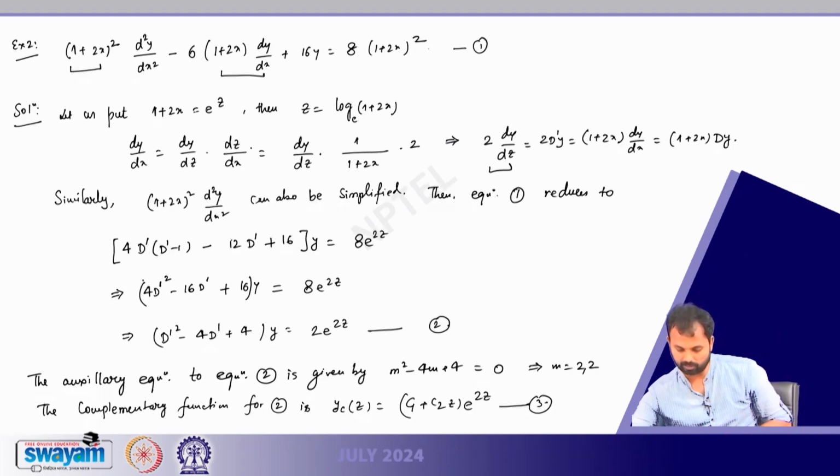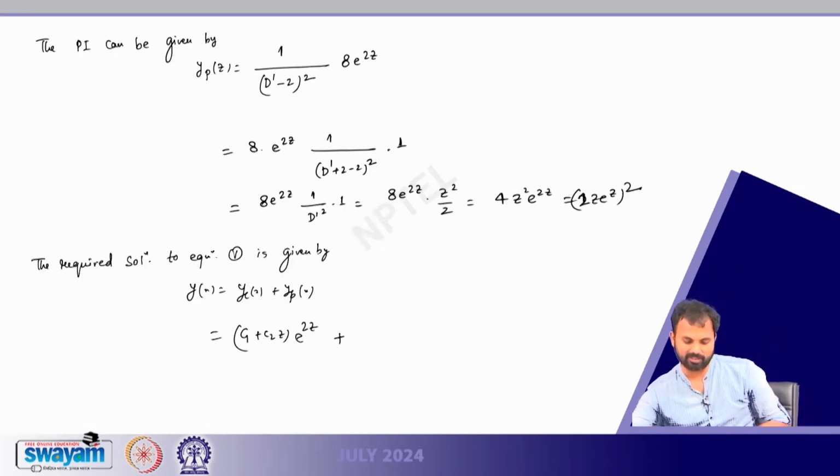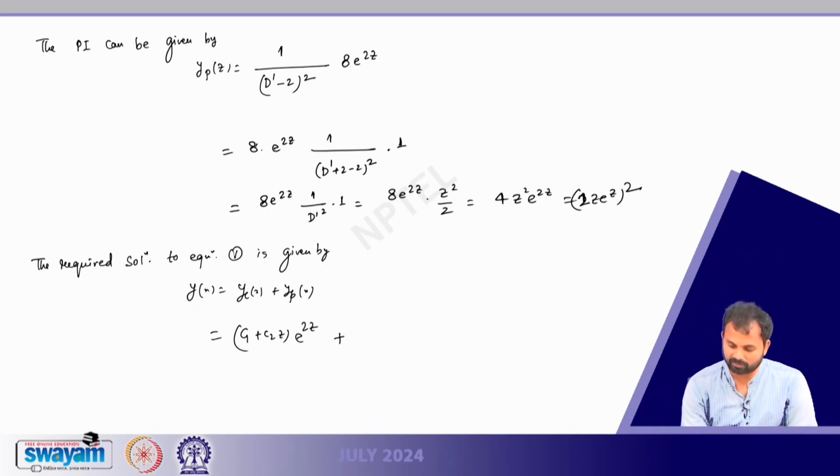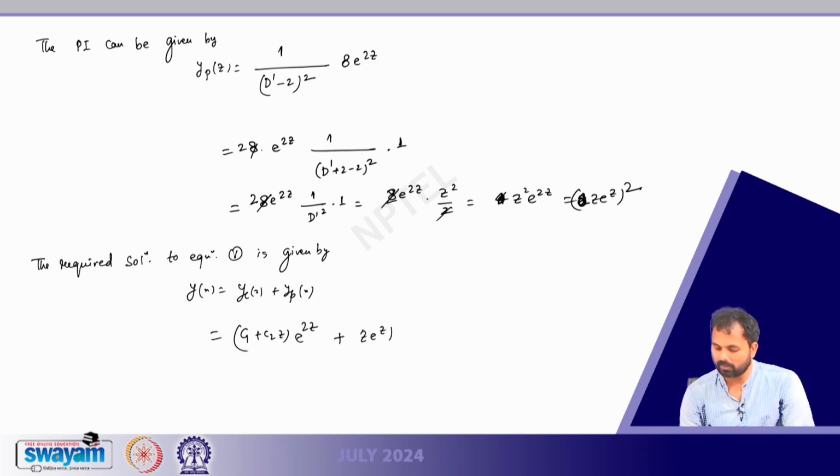I think that's 2, sorry, it is 2, not 8. So, this is 2, and therefore, this 2 and 2 will get cancelled. So, there will not be any 4, it will be just z e to the power z whole square. So, then this will become c1 plus c2, z is 1 plus 2x log of 1 plus 2x,